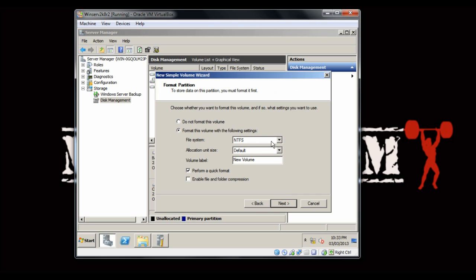From here, for the file format, we can choose between FAT32 and NTFS. I'm going to leave it at NTFS. We leave the default file allocation size. This is actually how it breaks up the file into what size for storage. And I'm going to name this storage and click next,